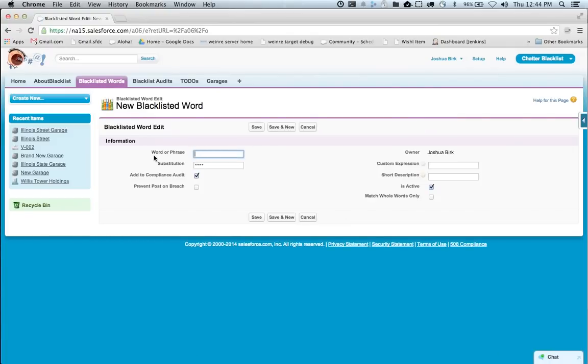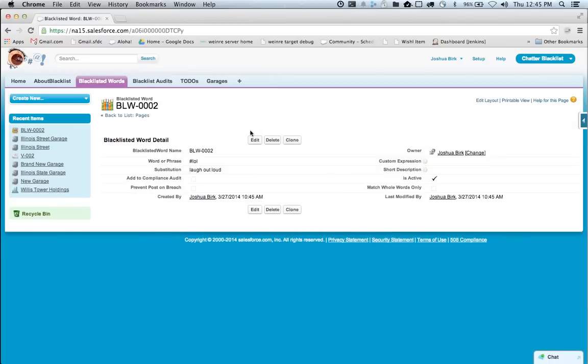Now this is available on AppExchange. It's free. It's an unmanaged package. So if anybody's interested in how this code works or how Apex is working in this situation, you can download this right into your developer edition. You can poke around with the code. It's actually one of my favorite examples to give to people to play around with because it's very clean, very well organized code. And what Chatter Blacklist allows us to do is perform substitutions on words